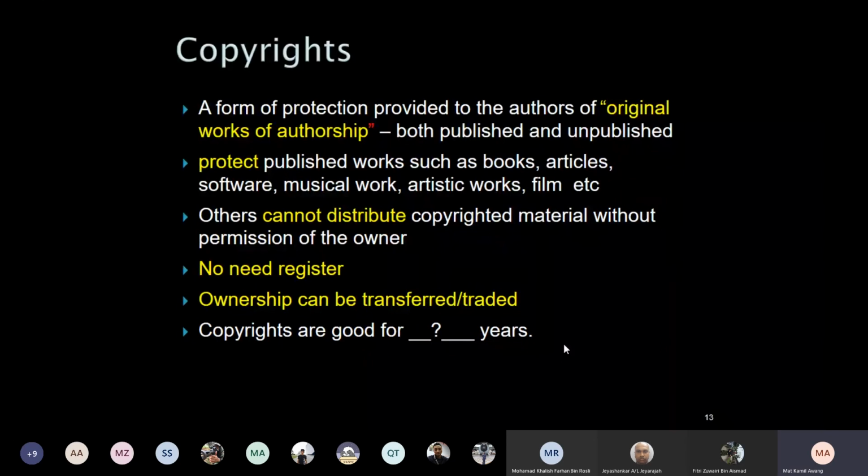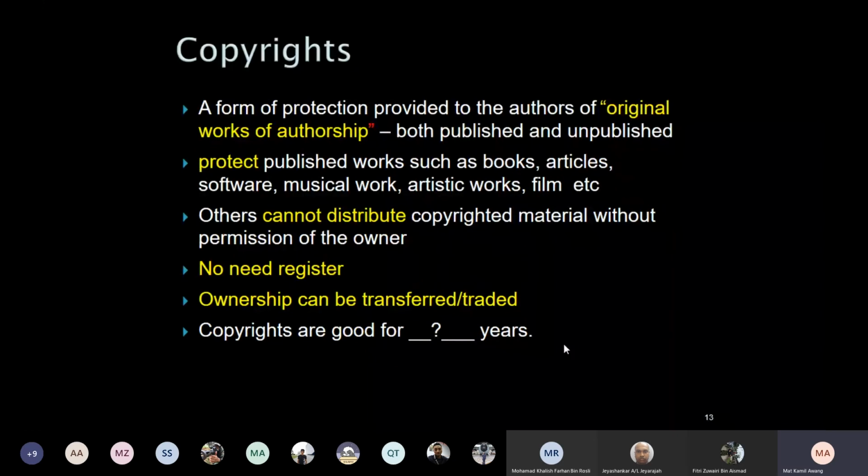And normally, if you look at the textbook, you see that copyright symbol, the C in the circle, with who owns the copyright and what year. Okay? So that is how you claim your ownership. And actually, you can also file at the lawyer's office to have the copyright registered.